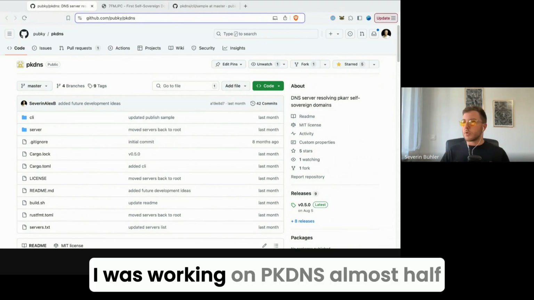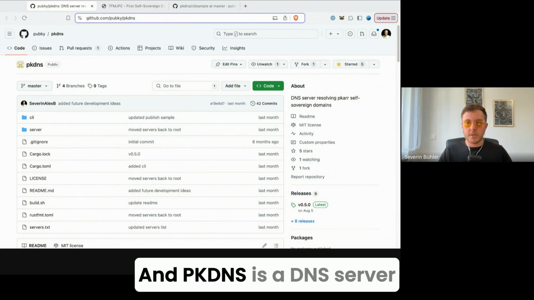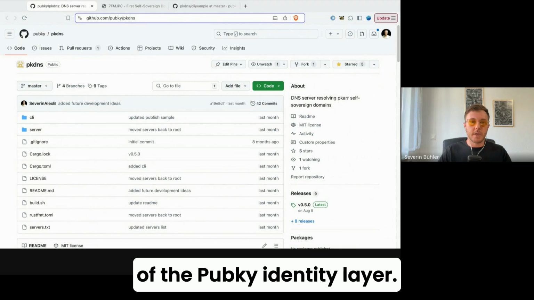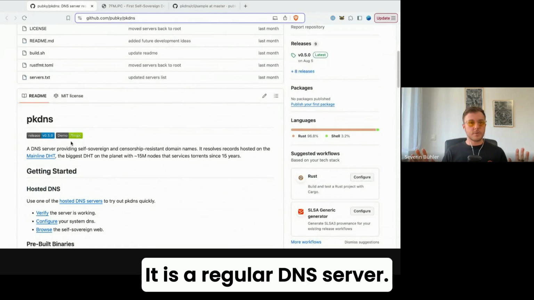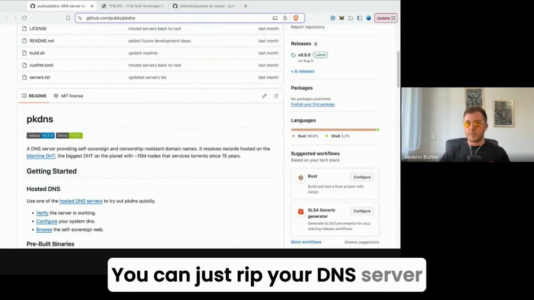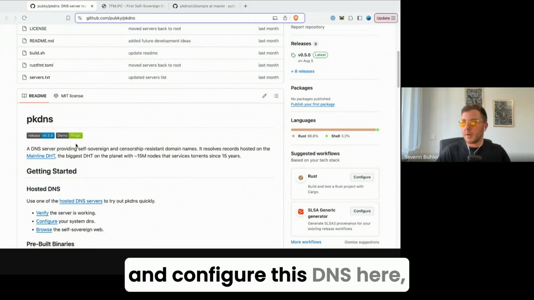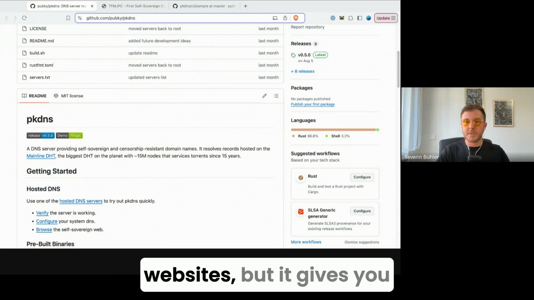So I was working on PKDNS almost half a year, almost a year by now. And PKDNS is a DNS server built with the capabilities of the Pubky identity layer. And it is a regular DNS server. You can just rip your DNS server out of your regular computer and configure this DNS here, PKDNS, and it will work as usual. You can still look on your regular websites,